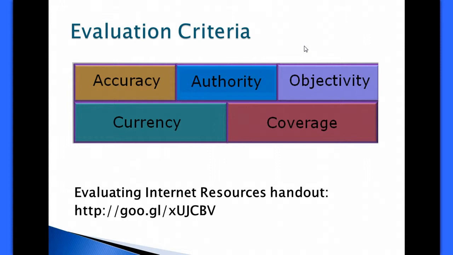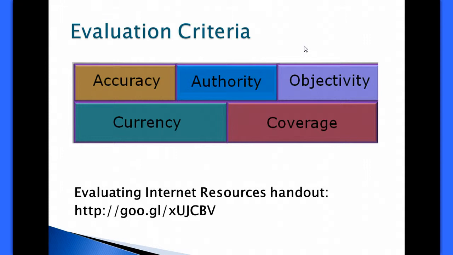Likewise, are they talking to you about this topic from an objective point of view? There may be times that you do need an opinion piece, but you need to be very careful with that, because sometimes groups will have a very slanted viewpoint on their websites, and you may be looking for something that is just giving you the objective overview. Also, take a look and make sure that this is a website that's updated and that the information is current. And also take a look at the scope, the coverage of what the website is talking about.